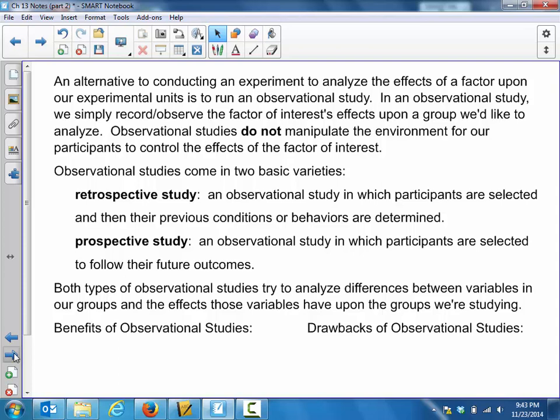Observational studies do not manipulate the environment for participants to control the effects of the factor of interest. They come in two basic varieties: retrospective studies, which is a study in which participants are selected and their previous conditions or behaviors are determined, or prospective studies, where participants are selected to follow their future outcomes. Okay, so